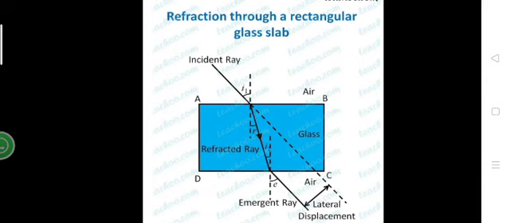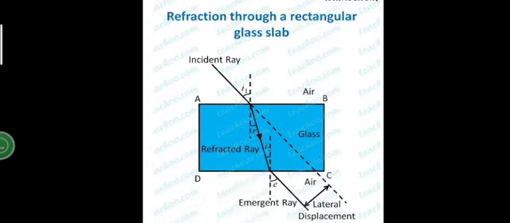So now again it is passing from the glass out to the air, but it is bent towards the normal, so it is making an angle like this, and after that it again comes out from the glass to the air, and this is known as the emergent ray. So what is the emergent ray? The ray after going from one medium and passing to the other medium and coming back in the same medium is known as the emergent ray.